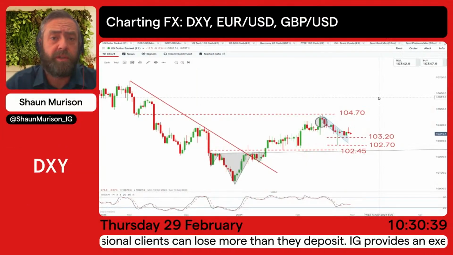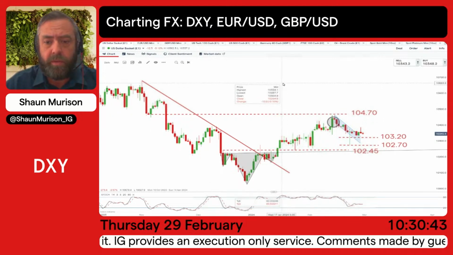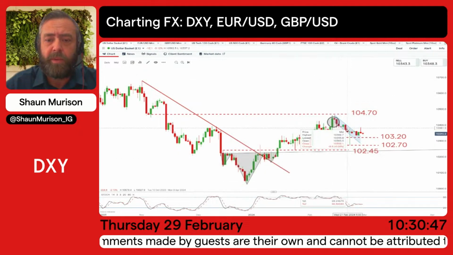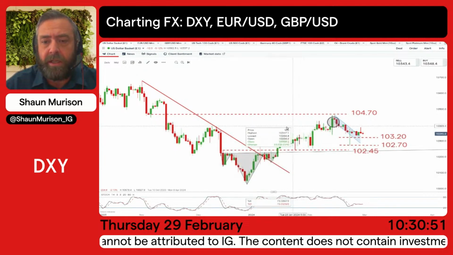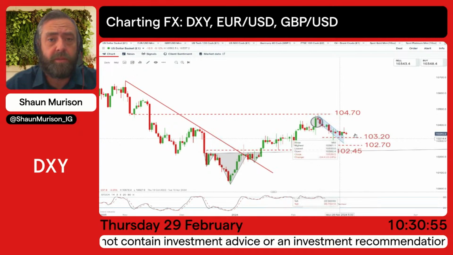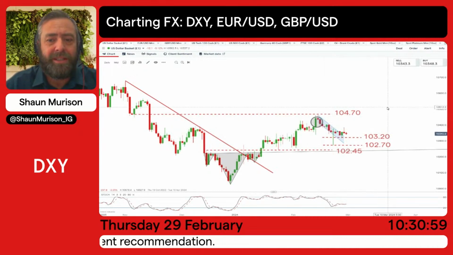Let's look at some charts, starting off with the US dollar basket, the US dollar index. We do have that short to medium term uptrend that has come in place, following that inverse head and shoulders pattern. Now that really hit a high at that 104.70, and we had a nice reversal, and the price has started to pull back. Now, we have noted that that pullback looks a little bit slow and weak,